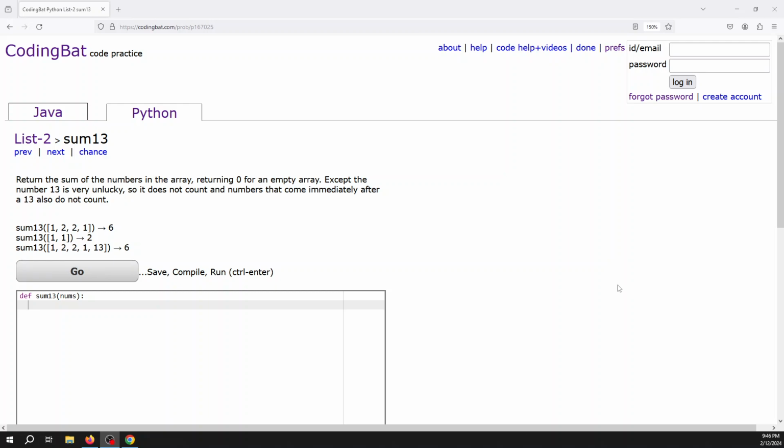All right, in this video, we are going to work on the sum13 problem out of the list 2 problem set in the Python version of Coding Bat. It says return the sum of the numbers in the array, returning 0 for the empty array, except the number 13 is very unlucky, so it does not count, and the numbers that come immediately after a 13 also do not count. Okay, so what we want to do is